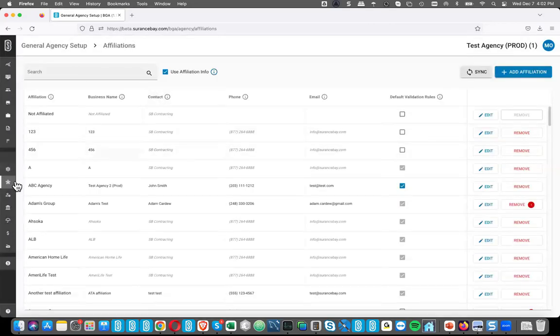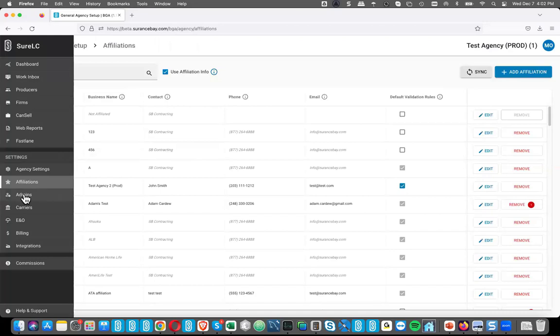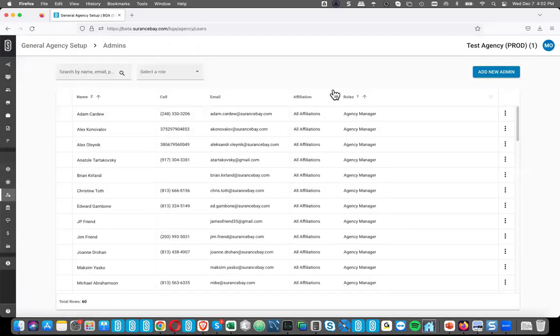Okay. So moving on, the next screen I want to show is admins. And there's a couple of things here that I love. Those of you who have a lot of admins in your account, you know how hard it was sometimes to find the one that you needed to edit, or to recognize, well, how many sub-agencies do I have? Well, here, a couple of fixes for that.